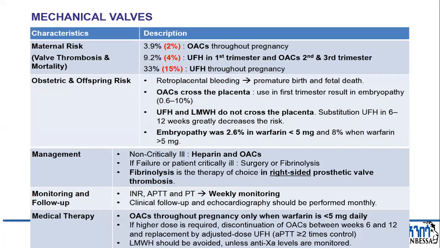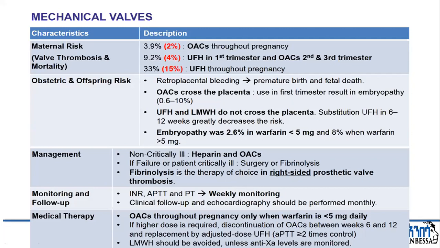So continuing unfractionated heparin throughout pregnancy is not recommended. It is associated with a 15% maternal mortality and 33% thromboembolic phenomena. And with sequential therapy, it means giving unfractionated heparin between 6 and 12 weeks of pregnancy and after 36 weeks of pregnancy, the risk of maternal mortality is again 4%, with a valve thrombosis risk of 9.2%. So the best, if possible, is to continue oral anticoagulants throughout pregnancy, which is associated with low maternal mortality,